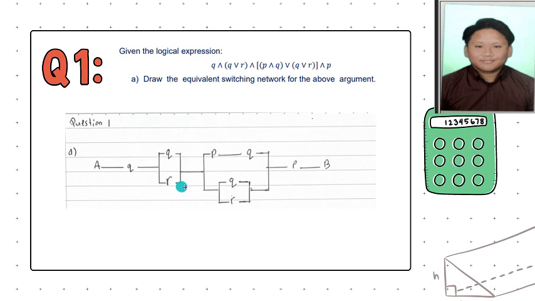Then the expression we used before will be connected with serial circuit to the next expression, which is in brackets P and Q, that is connected with serial circuit, and Q or R that will be connected with parallel circuit,